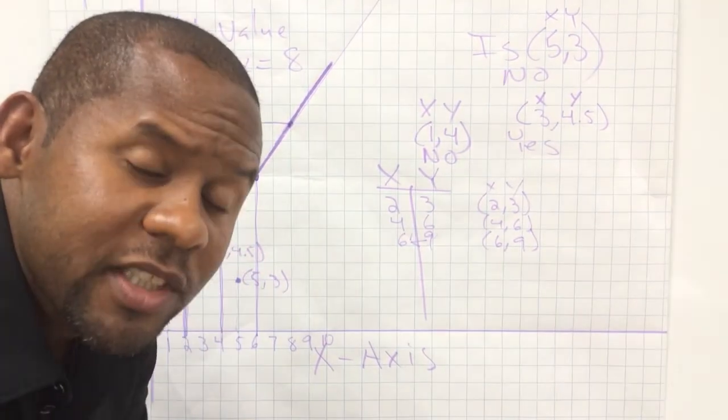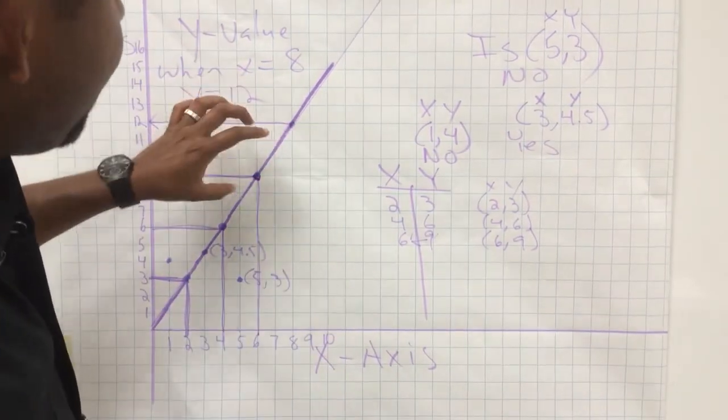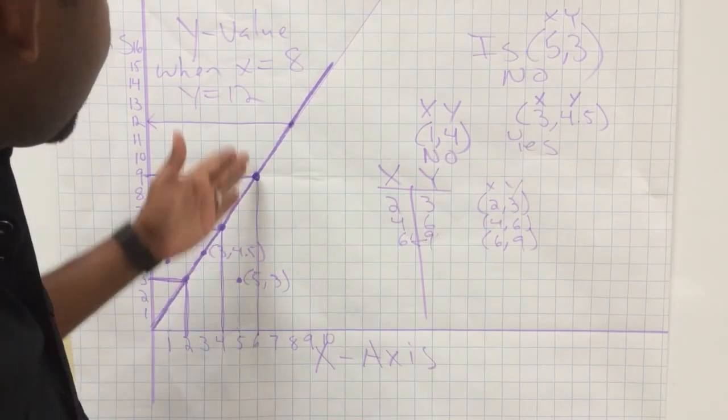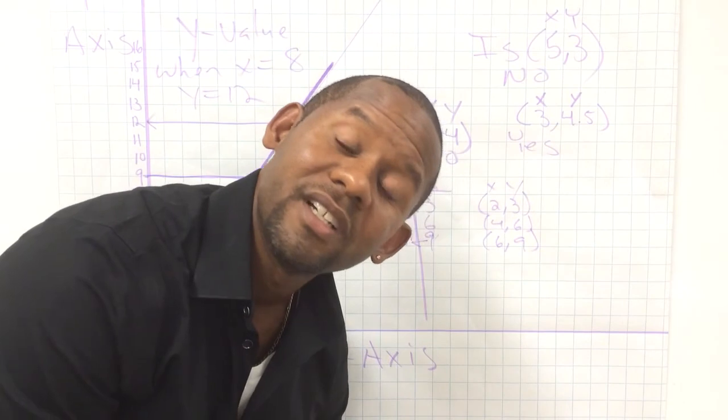All right, so just some connections, hoping that you're making these connections. Graphs, ordered pairs, tables, okay? X values, Y values, good idea, good things to do. This is a quick one,